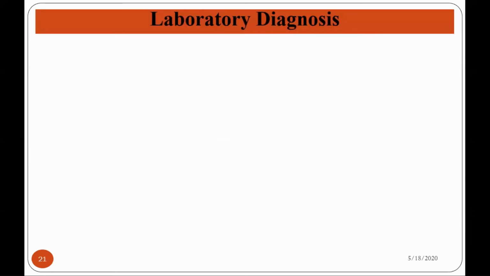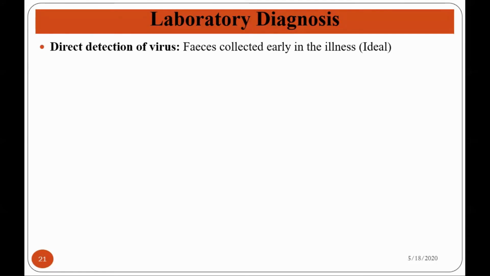Now, laboratory diagnosis. Laboratory diagnosis of rotavirus helps to identify or detect the causative viral agent of viral gastroenteritis, in which we will measure or quantify the concentration of viral antigen and viral agents. By using the ELISA technique, we can also detect the viral RNA genome and see the presence of viral proteins along with viral RNA also.